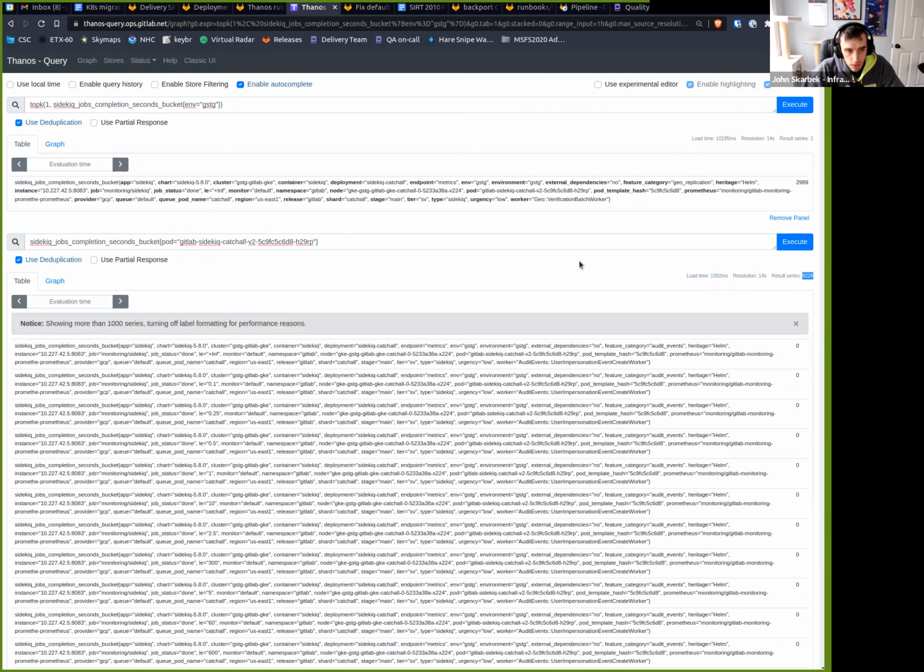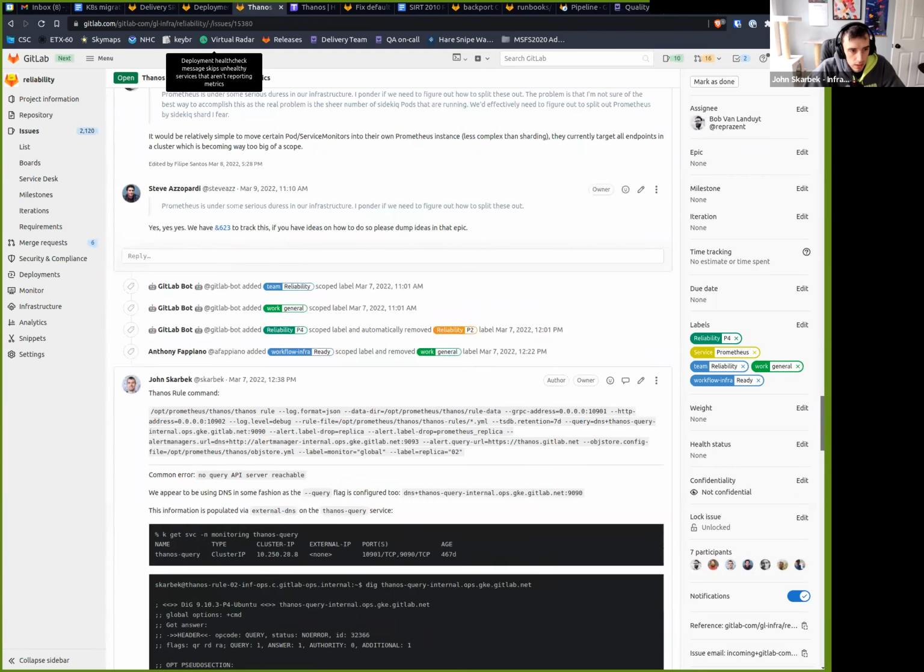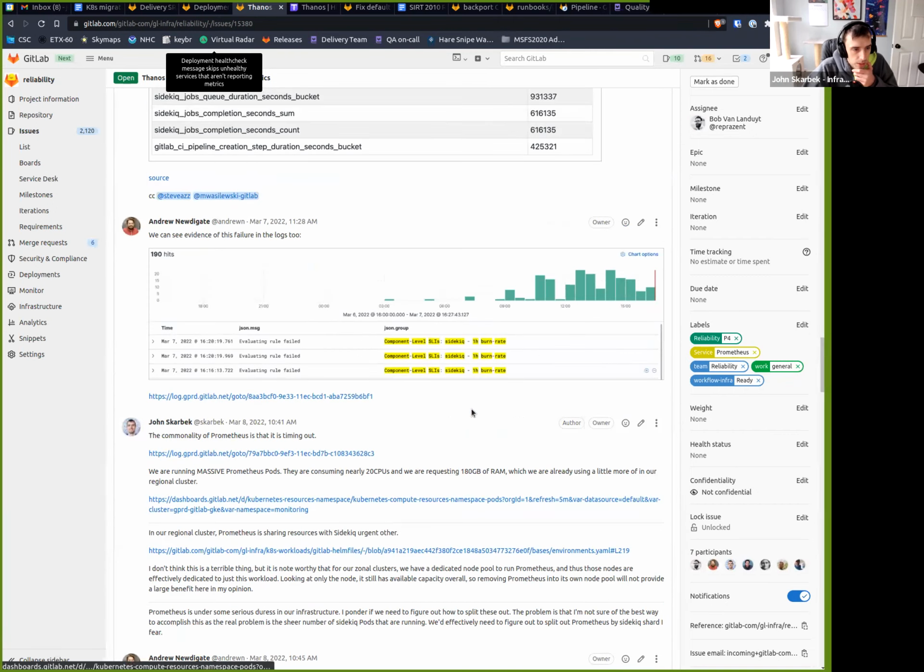Now, that's one metric for this one pod. Yesterday, when I was looking at this issue, we had over 570 pods running in production. So for this one metric alone, for every single pod, we've got 500 times 8,000 metrics. That's quite a lot. And I think the problem we're suffering from is that when we try to query Prometheus and build our metrics, Thanos ruler needs to reach out to Prometheus to create the recording rule that records the data we want. And we're running into situations where Prometheus is timing out.